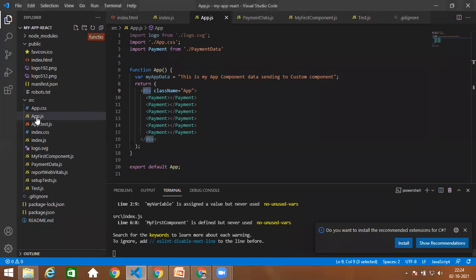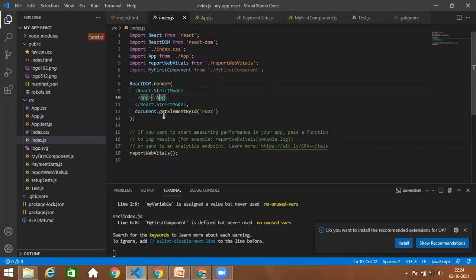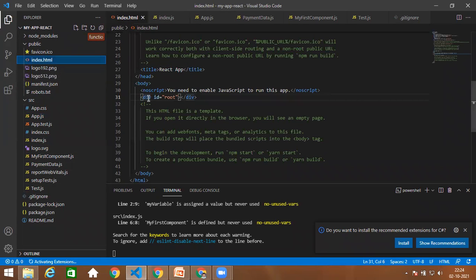If you see here, app.js is the first app component. We can call it the parent component to all the components. We use this in index.js with document.getElementById root, and this root element is there in your index.html page.